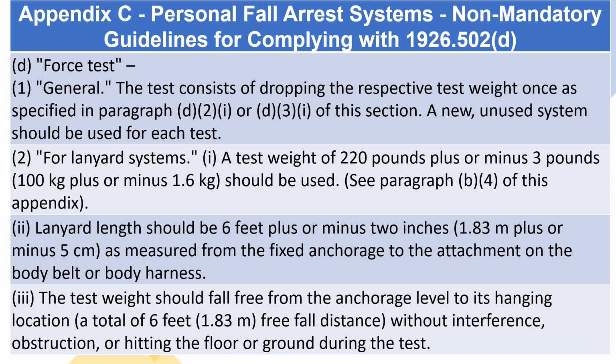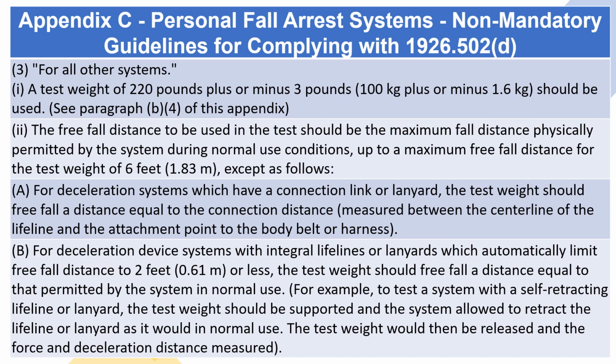(ii) Lanyard length should be 6 feet plus or minus 2 inches (1.83 m plus or minus 5 centimeters), as measured from the fixed anchorage to the attachment on the body belt or body harness. (iii) The test weight should fall free from the anchorage level to its hanging location, a total of 6 feet (1.83 meters) free fall distance, without interference, obstruction, or hitting the floor or ground during the test. 3. For all other systems. (i) A test weight of 220 pounds plus or minus 3 pounds (100 kilograms plus or minus 1.6 kilograms) should be used. See paragraph B(4) of this appendix. (ii)